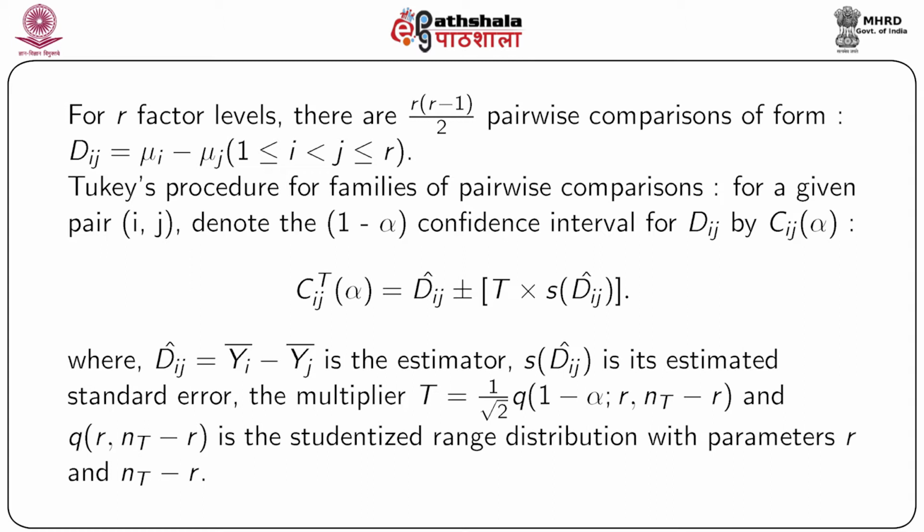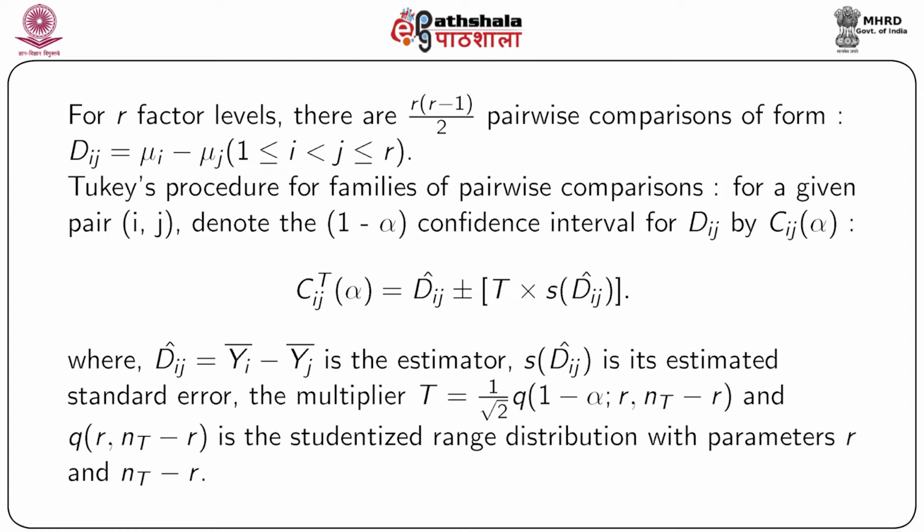So if we have several different factors dividing the population into different segments, we are looking at the ith and jth segment and the mean from these two, and we are interested in the difference between the two means, whether the two means are significantly different from each other or not. So mu_i minus mu_j, where i and j both are in between 1 and r.